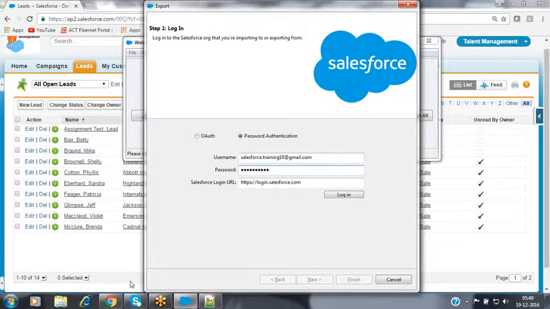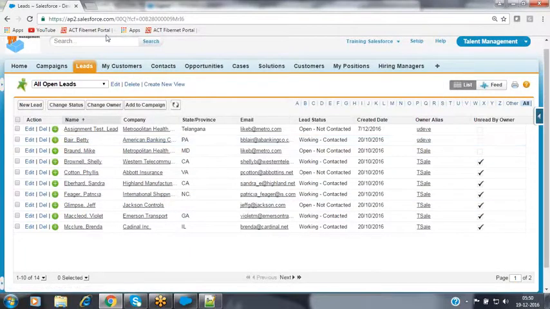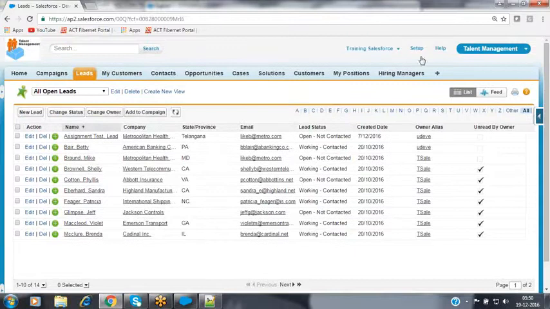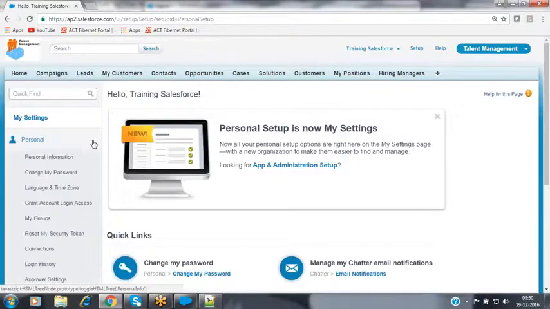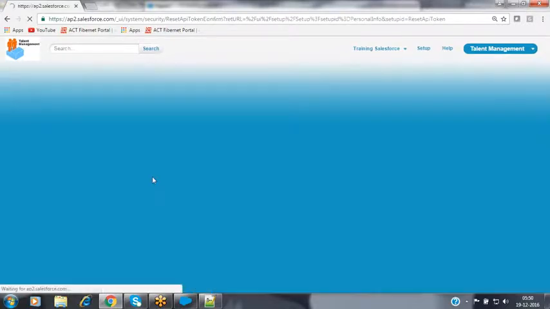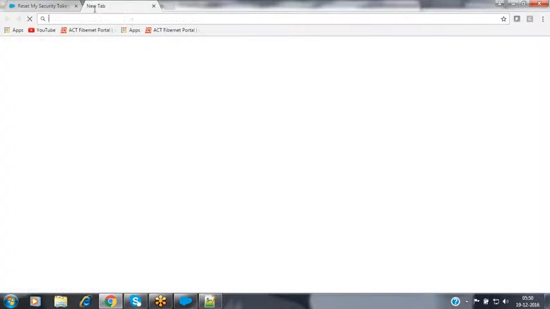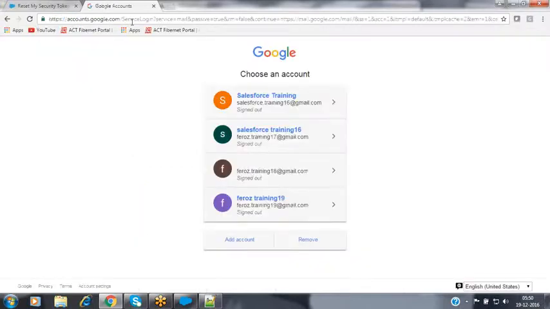Along with the password, we need to specify the security token. Go to your Salesforce instance and generate the security token here. Go to My Settings, expand Personal, click on Reset My Security Token, click on Reset Security Token. A security token will be generated and sent to the registered email ID.